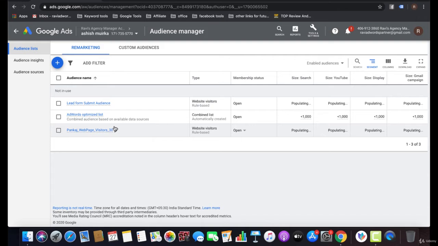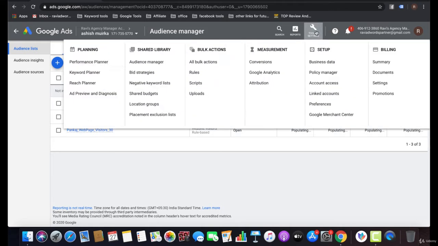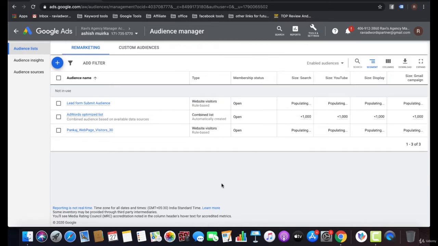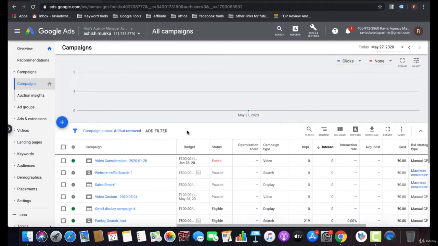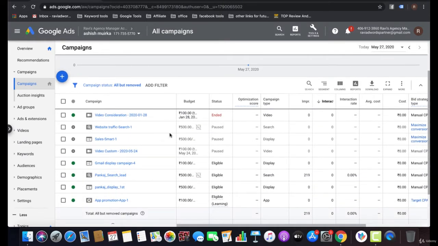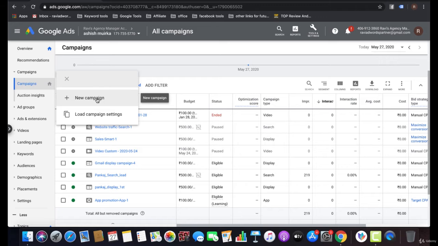Now what you have to do, you have to go to campaign and click on the plus sign.